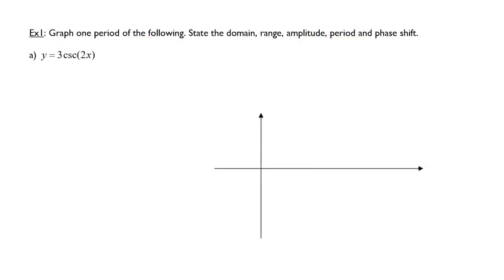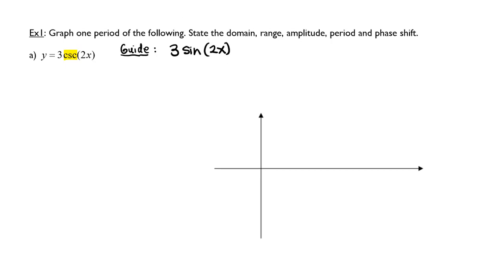So to practice this idea of graphing these reciprocal functions, let's go ahead and graph one period of y equals 3 cosecant of 2x, and then we'll need to state the domain, range, amplitude, period, and phase shift. So first, we look for the reciprocal function, which is a cosecant. That means that we're going to graph a guide function